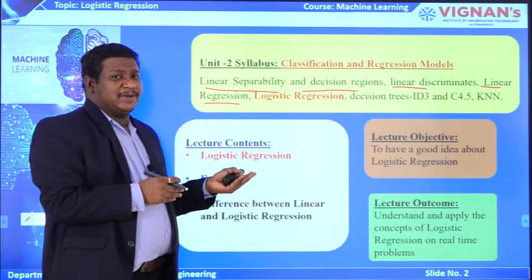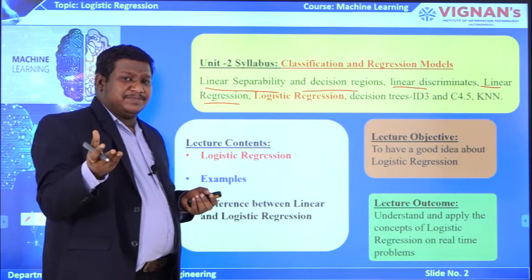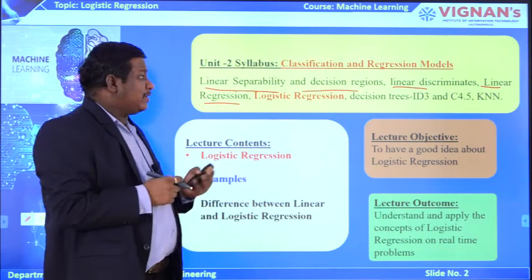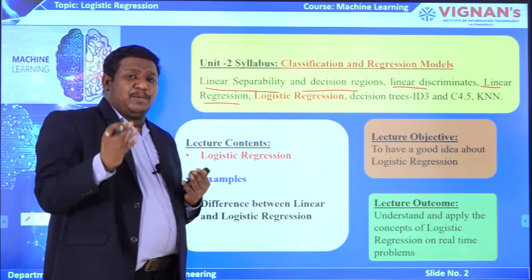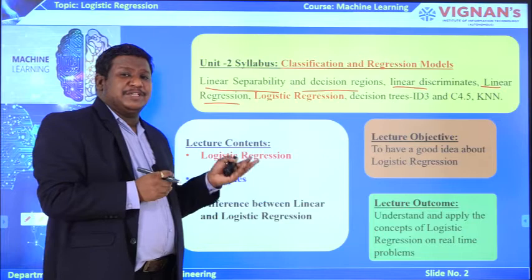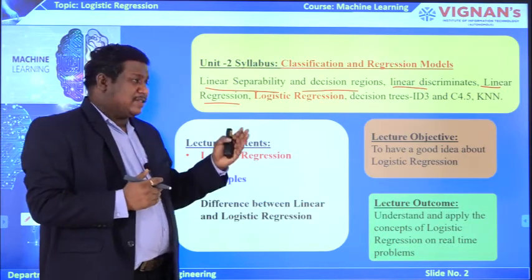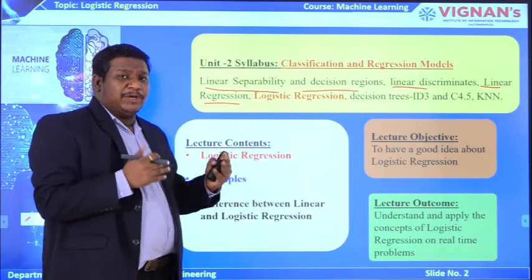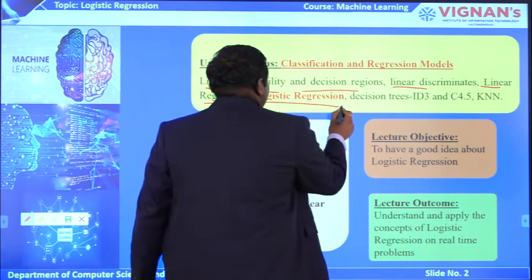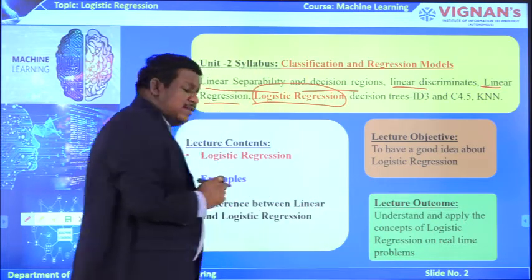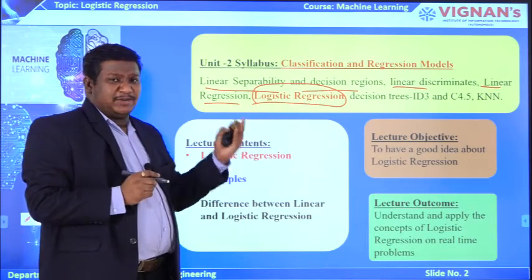In our previous lecture we had seen linear regression: what linear regression is, its types, its various applications, how you represent linear regression in a problem, and how it can be used in different types of real-time problems. All those things we discussed in our previous lecture. Now, coming to today's lecture, we are going to see logistic regression. This is another important regression model that is available, and we will see in detail what logistic regression is and what its various types are.